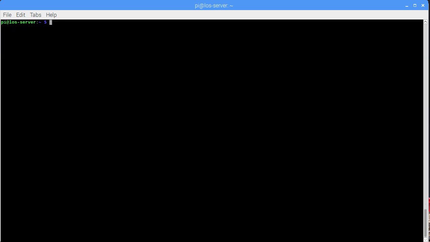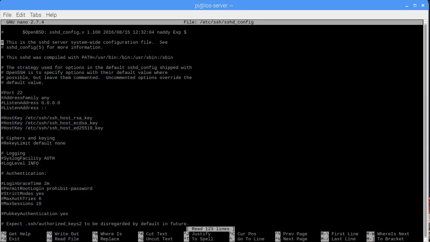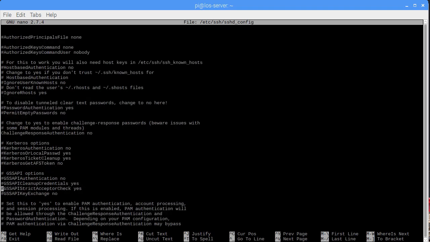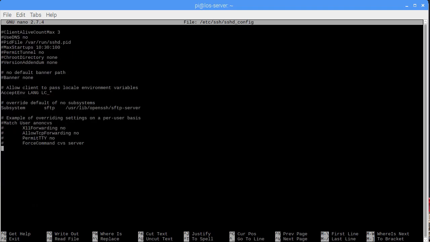Now we will configure the OpenSSH server. So run sudo nano /etc/ssh/sshd_config. Hit enter. So over here at the end of this file we will add AllowUsers